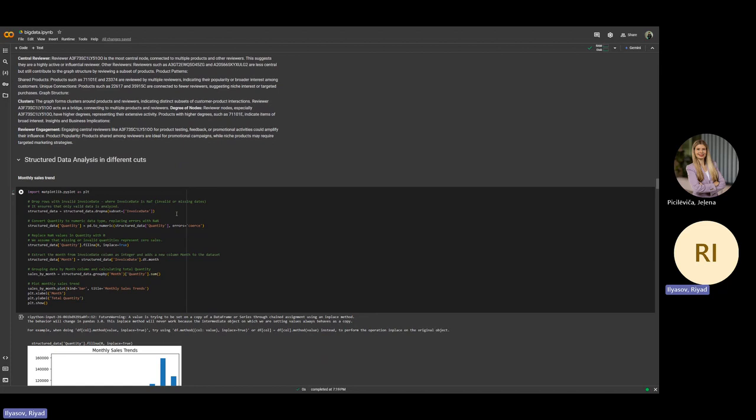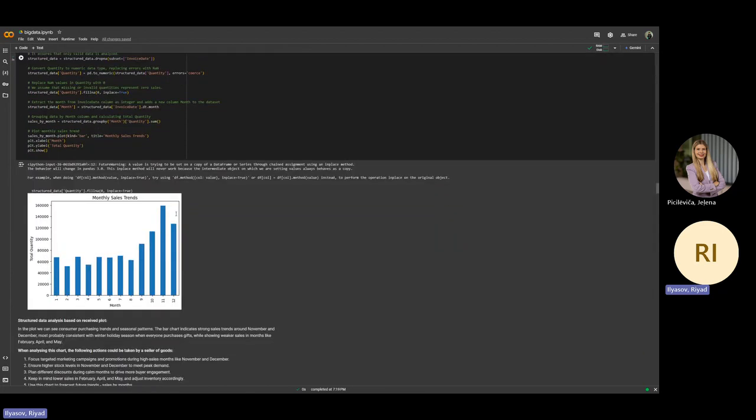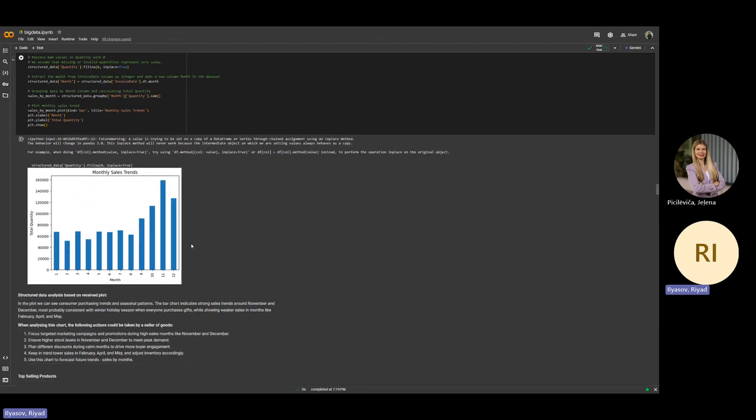In this script, we will use the invoice data, quantity, and the months to create the chart that will show us the trend of in which months most of the product was sold. As we see here on the graph, the months of October, November especially, and December are the most popular months to make purchases, and that means that the people who have their shops,